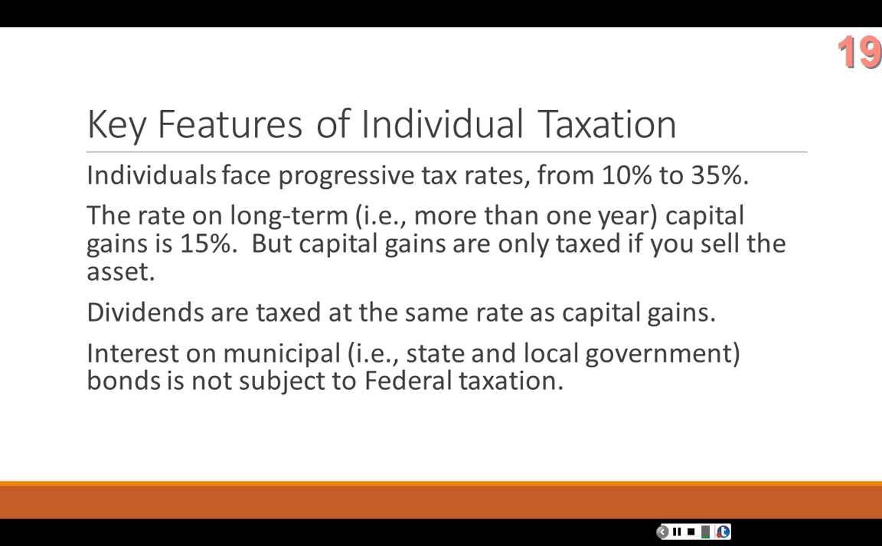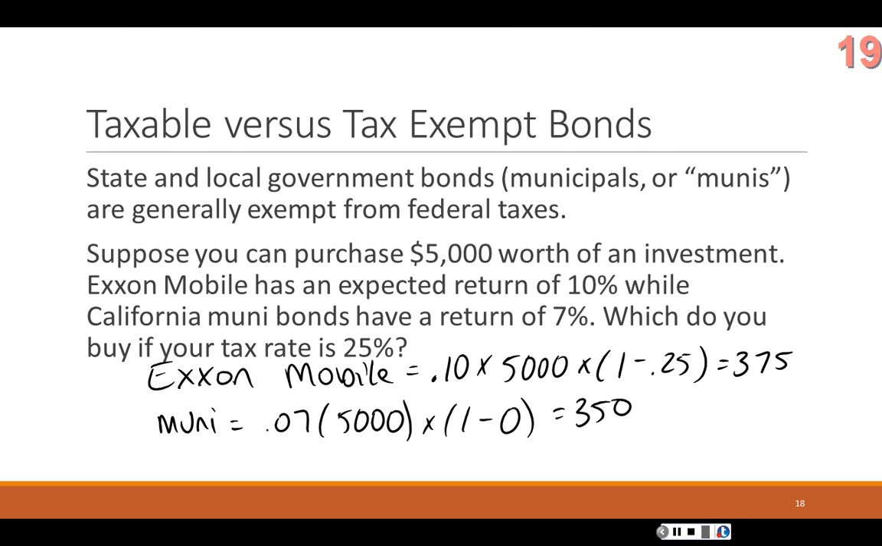So, a little note about individual taxation. Individuals also face progressive tax rates. The rate on long-term capital gains is 15%, but capital gains are only taxed if you sell the asset. Dividends are taxed at the same rate as capital gains, and interest on munis is not subject to federal taxation. So this whole idea of tax-exempt munis,